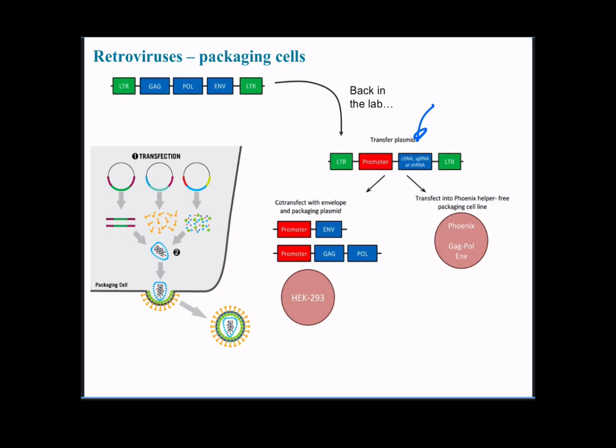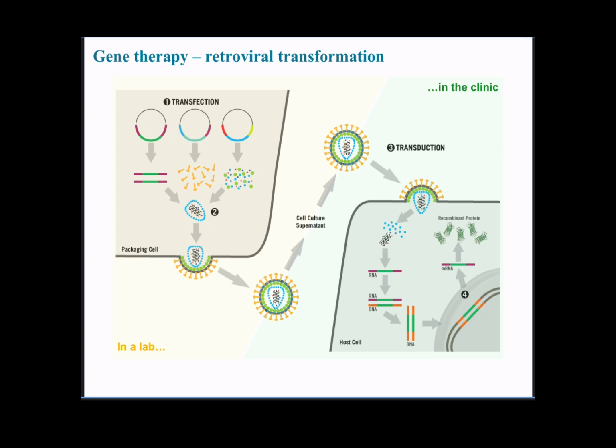Because this technology works so well, eventually some companies created cell lines that have the GAG, POL, and ENV genes in their own genome. So there are these special cell lines that you can order from companies that will package retroviruses for you. And when you package a retrovirus,